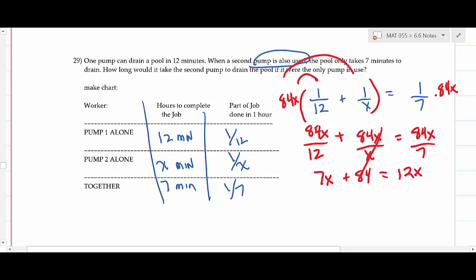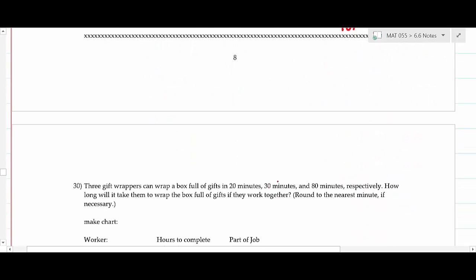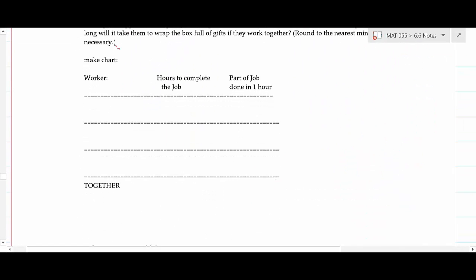Now what you can do is move the 7 to the other side. So I'm going to just move that over to get 84 equals 12x minus 7x. So that's 84 equals 5x. And then divide by 5. And what did this one turn out to be? 16.8. So 84 divided by 5 was 16.8 minutes like that. Okay, so I think you guys did really well. I didn't see too many problems. If you follow this strategy with setting it up and the chart, it's pretty simple to do, but you want to understand that part of the job and what that means. Okay, that's the key. Okay, now on this next one, this one was just 3